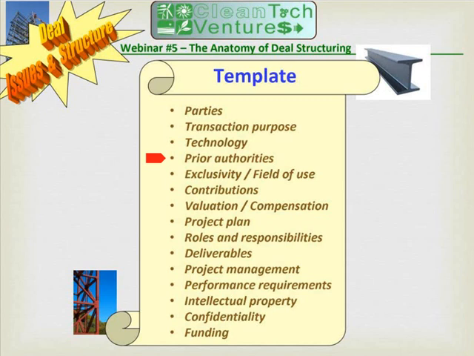Mark? Thanks, Carl. Just real quickly, I would point out the provision regarding exclusivity. You may, as a clean tech business, have some applications that are more traditional market applications. An example would be maybe you've got an oil from algae type company, or you're generating proteins from microorganisms, and what you're interested in is the oil production, and somebody else might be interested in the protein application, and that's a traditional business, and you want to license out that field of use.